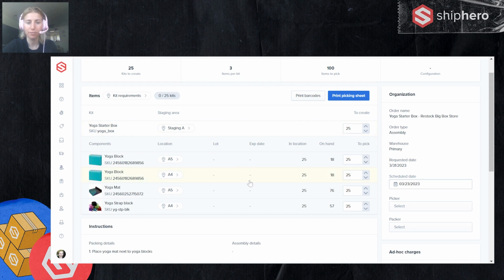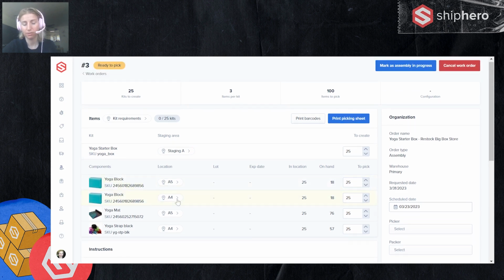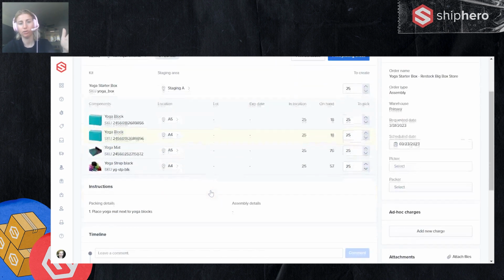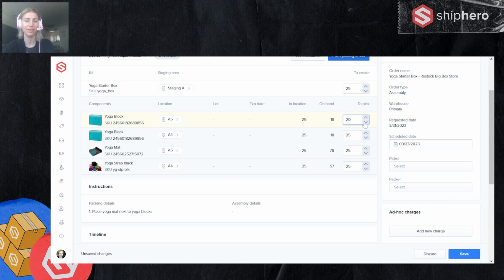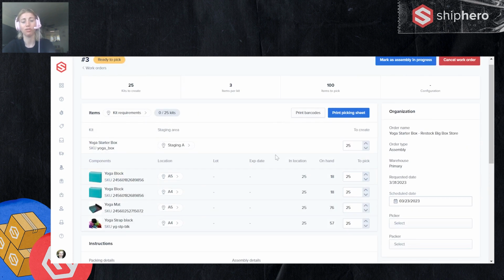Once you have everything, and this can be modified still at this point. So if they go over to A5 and we think there's 25 and you get there and you realize there wasn't 25, you can change this location or add another location and be like, okay, we got the 20 that was here. That's why this being editable is very useful, because you can tell us, okay, we actually only took 20 from here, and that's fine. And then you could add another location that had the remaining 5. At this point, this is all still editable. But before you move to the next step, you want to make sure this is accurate.